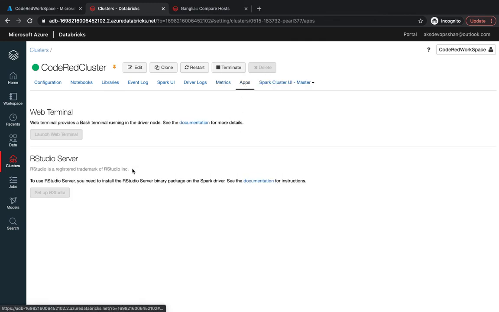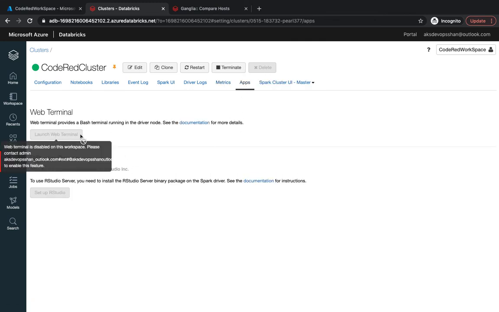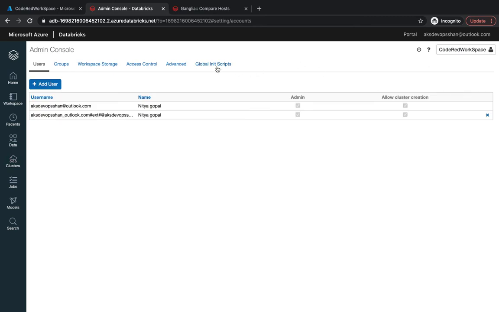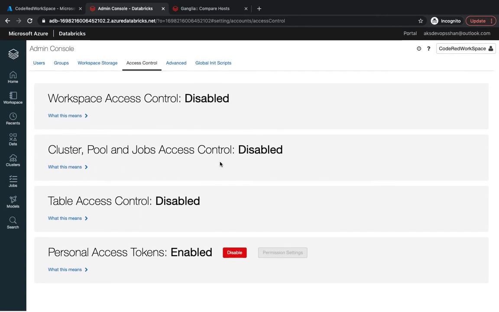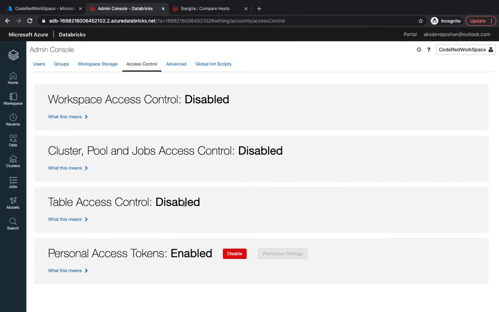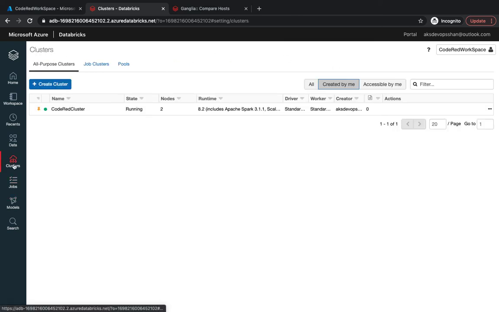Then you've got the apps. You could just enable the web terminal as well. How do you do that? At the moment, you could basically log into your driver node. It's disabled at the moment. However, if you go to the admin console, and if you go to the access control list, you would see certain information available over here, and you could just enable or disable the repos, or your driver access as well right from here. If you go back to the cluster,